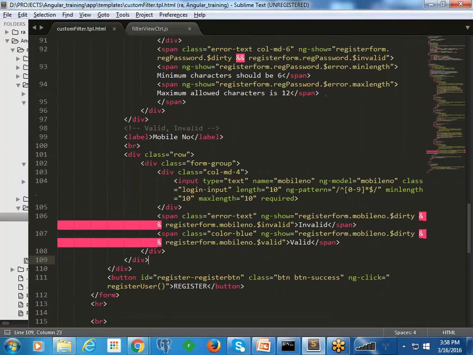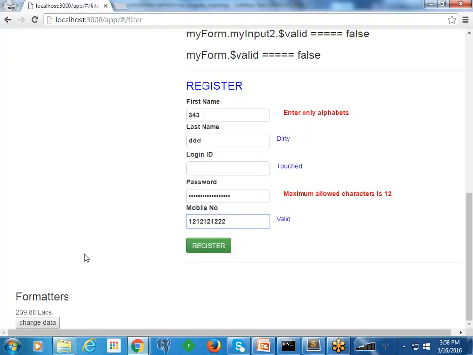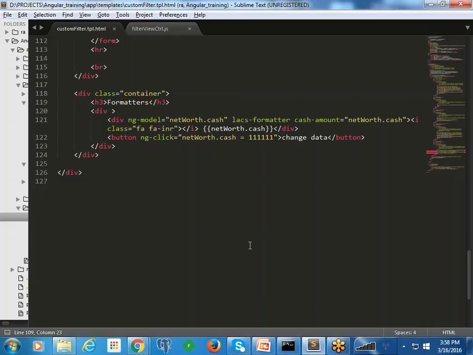Okay, got some idea. Now moving to formatters. Okay, yeah, can you see here at the bottom? It has gone very